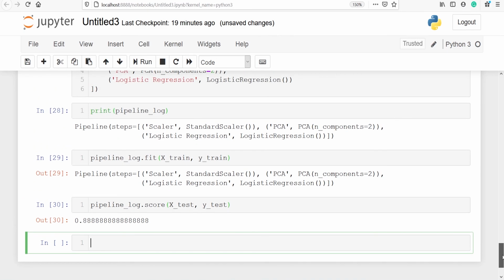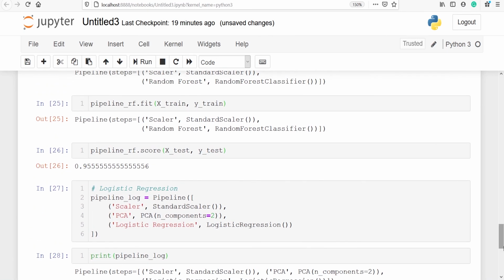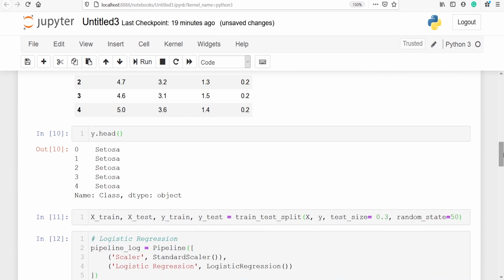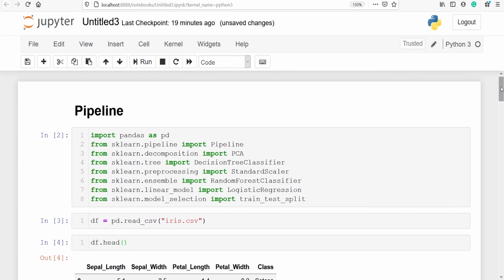First, we have applied just standard scalar and the algorithm, and then next we have defined standard scalar, principal component analysis, and the algorithm logistic regression. So this is how you can use pipeline to develop your machine learning model, and this will make your code very clean, and it will be very easy for you to develop multiple machine learning models.